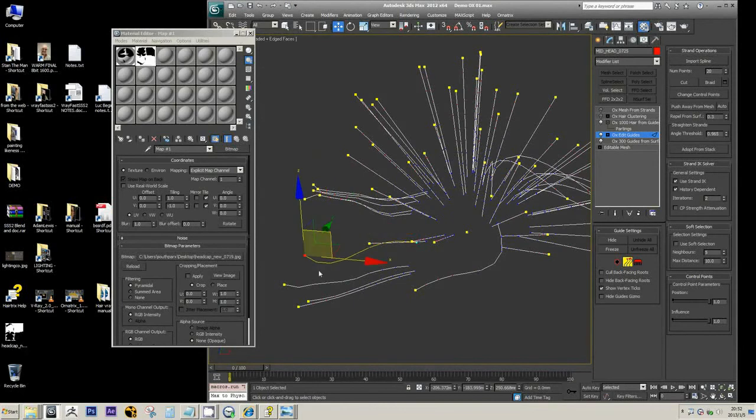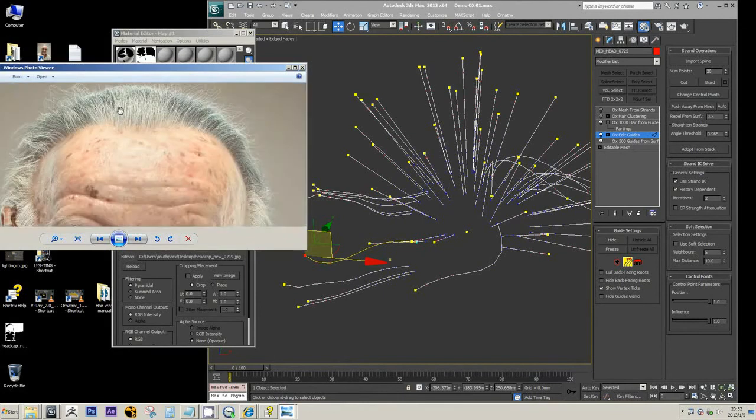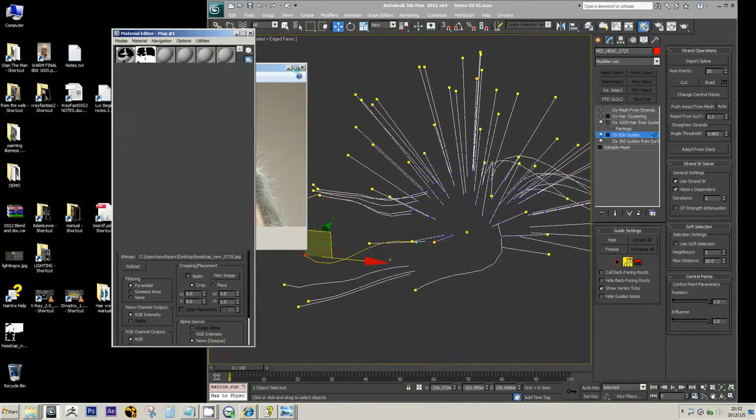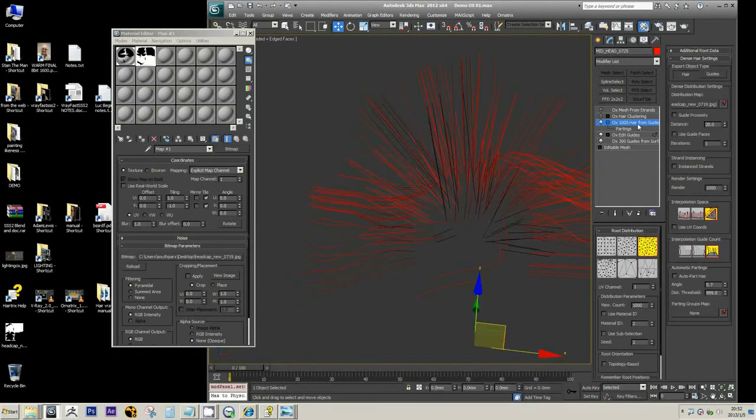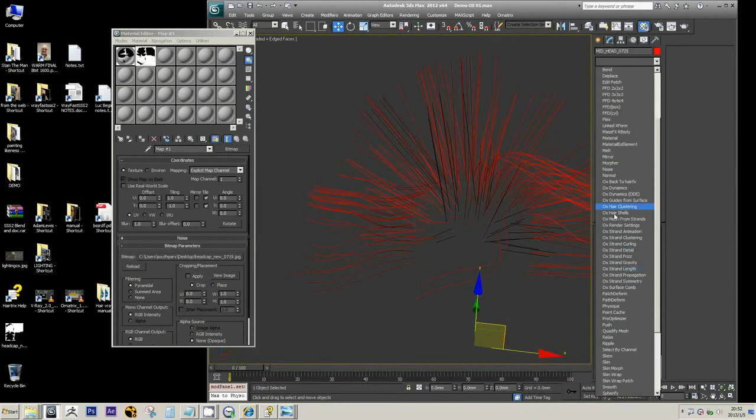Obviously you don't want to edit per hair strand in the beginning stage. You want to really do it on the very last stage. But my point is, once you are in the hair type, you lost that edit guide modifier. You are not able to use it, and you are bound to all these